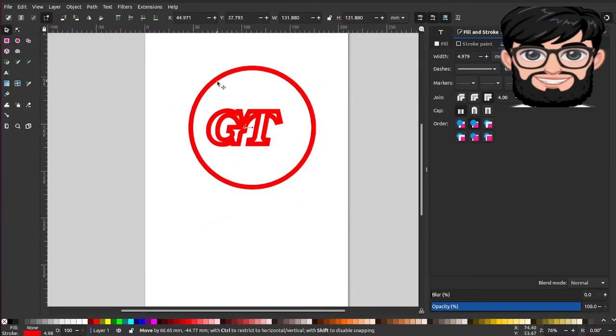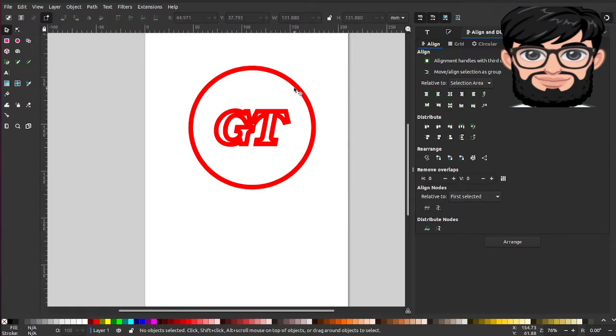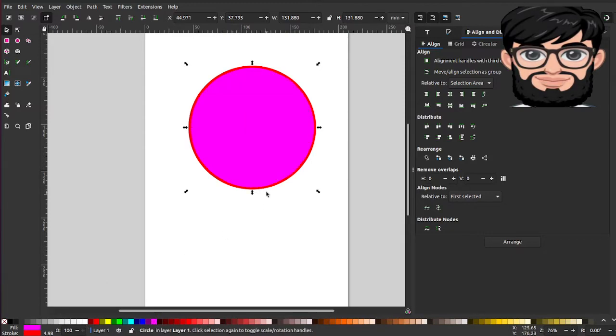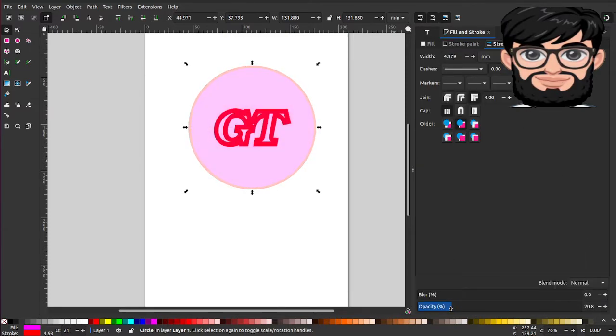In order to align it, you can select this one and this one, and then go to the align and align them vertically and horizontally. And then again, if you want to fill it up, you can have this one. In the opacity, you can bring the opacity down,